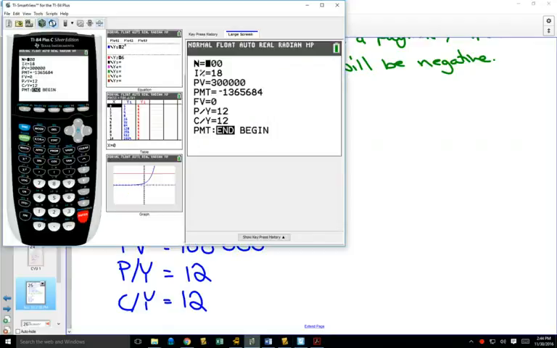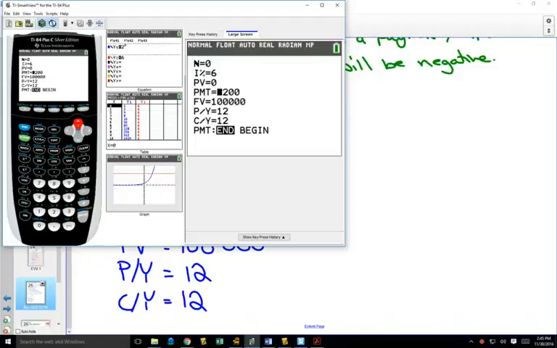Well, it probably has a 0 to begin with. We're going to just keep it at 0. We're going to fill in everything that we know. So the present value is 0. We're making 200 payments. Those are negative. We want $100,000 in the end. Payments per year are 12. Compounds per year are 12. And if you look above